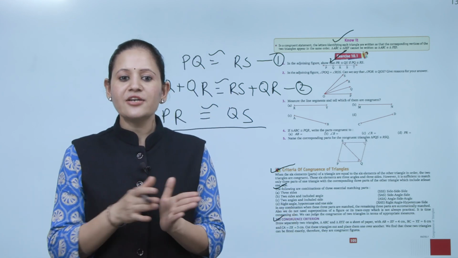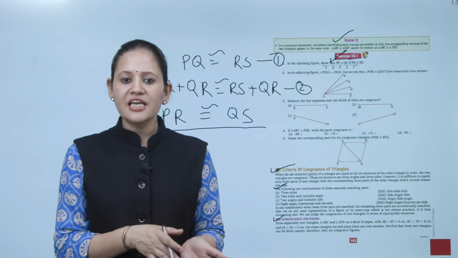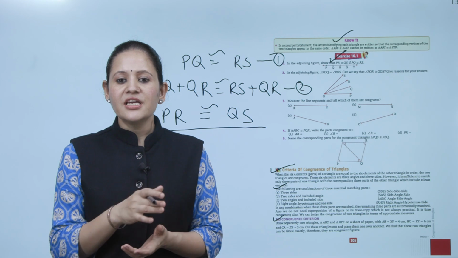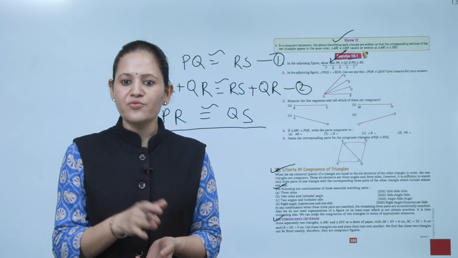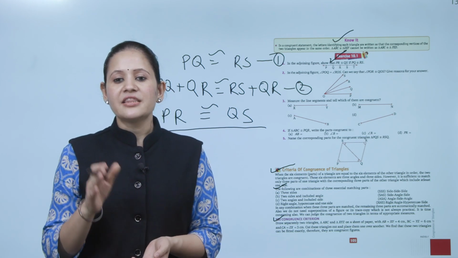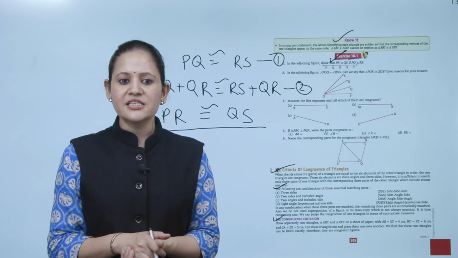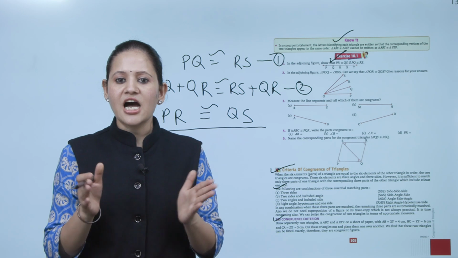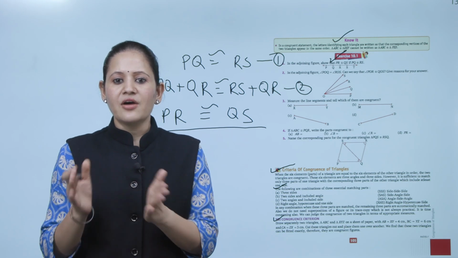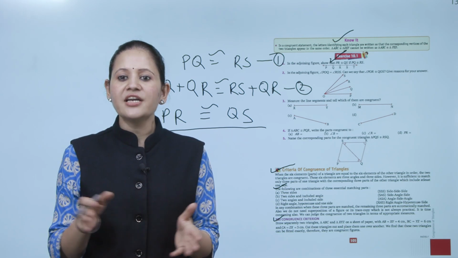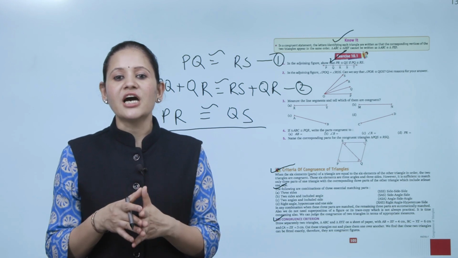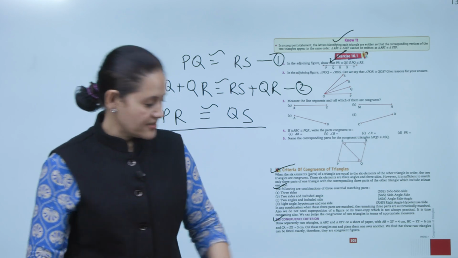Draw separately two triangles, triangle ABC and triangle XYZ, on a sheet of paper with AB equal to XY, 4 cm, BC equal to YZ, 6 cm, and CA equal to ZX, 3 cm. Cut these triangles out and place them one over another. We find that these two triangles fit exactly, therefore they are congruent figures.